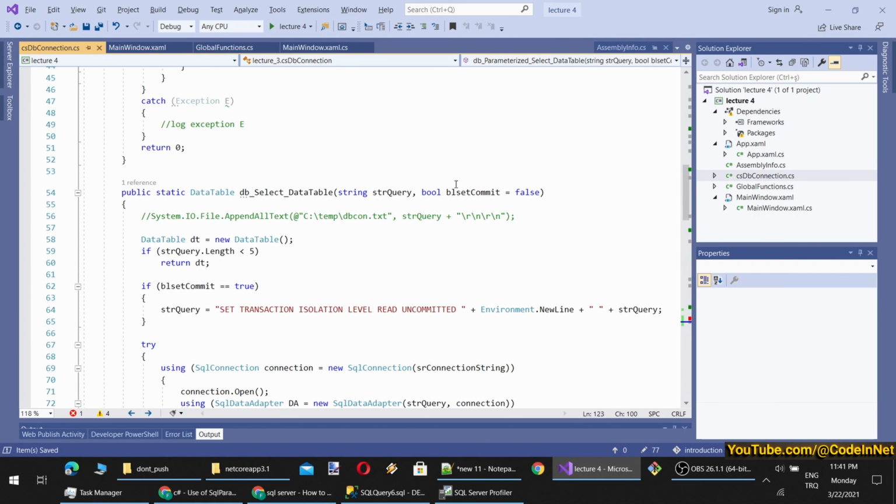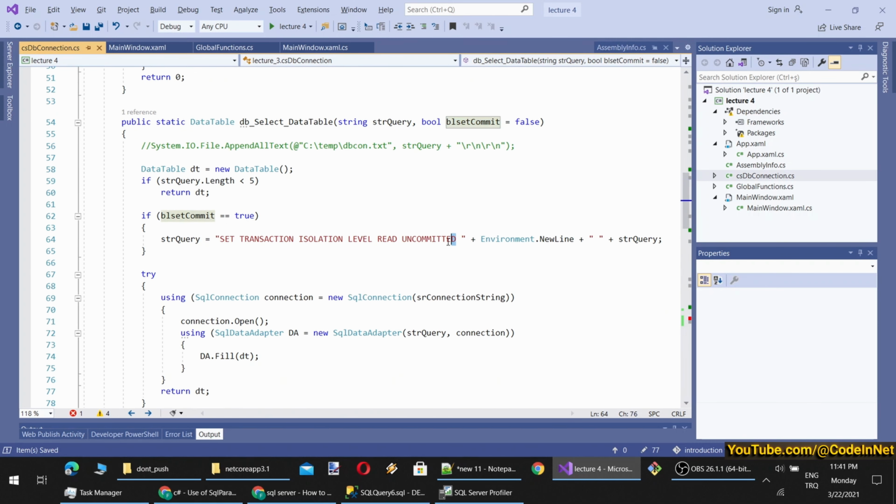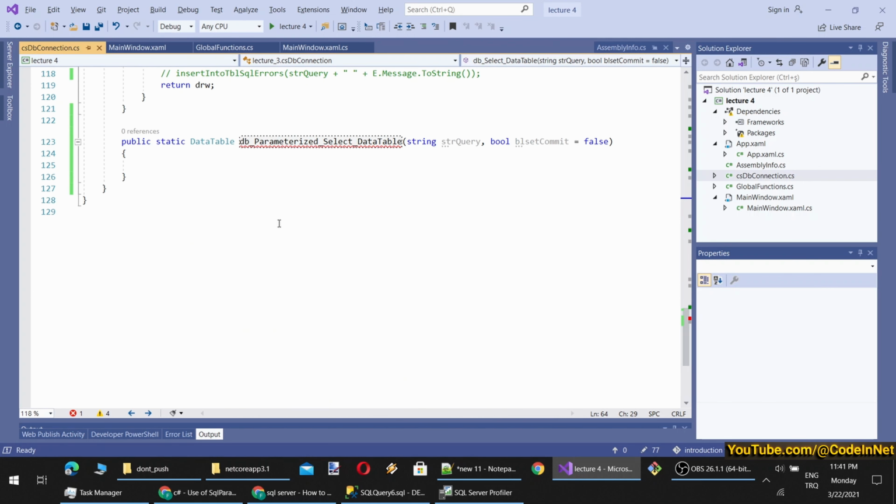By the way, what is commit if you wonder? This means select everything without locking the table. So this is about extra performance. You don't need to think about that, but you can search at home. I use this to select tables that don't change or where the data update is not important. So don't get confused with that. I'm just leaving it. You can search for it at home.